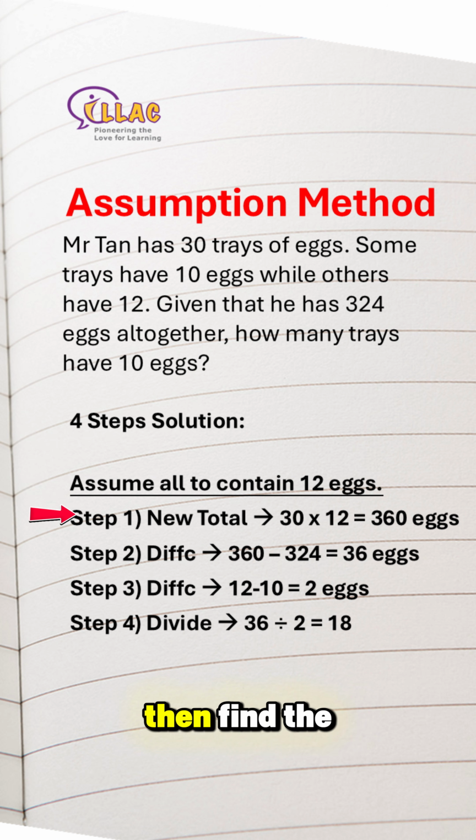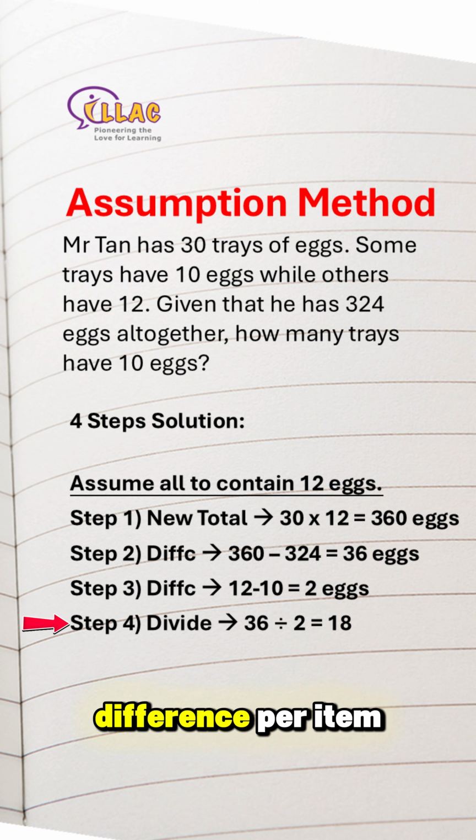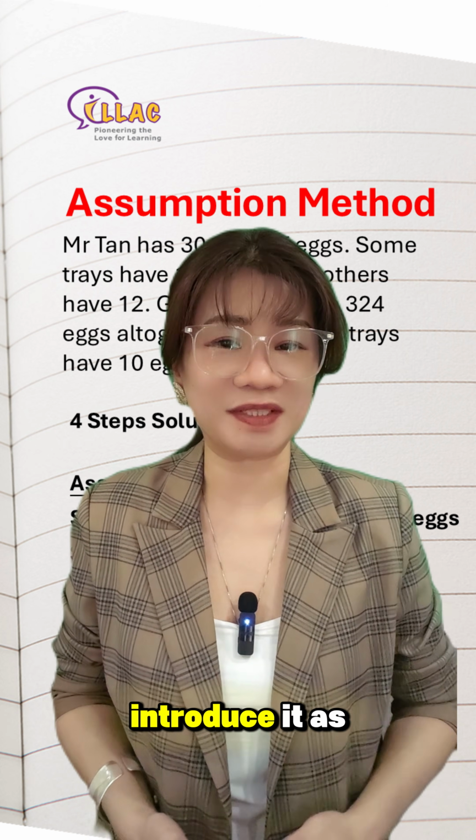Then find the assumed total. Compare it with the given total to find the difference. Find the difference between the two item values. Divide the total difference by the difference per item, and voila! You get your answer. This method is extremely efficient, which is why we at ILLAC introduce it as early as